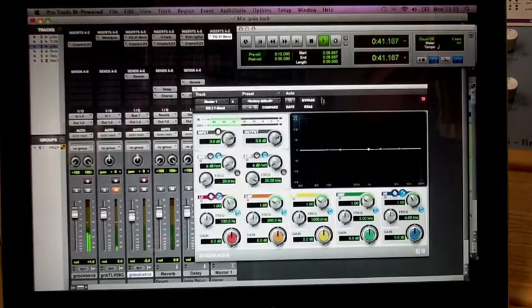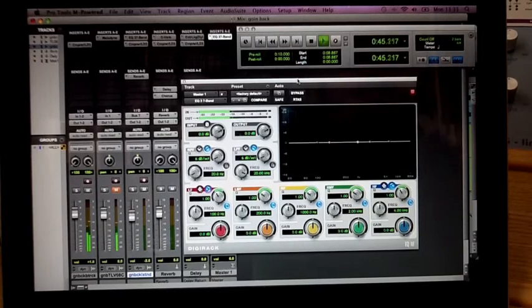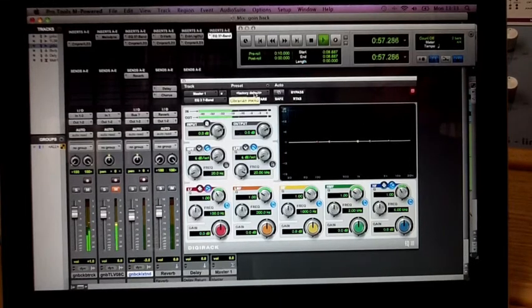I'm using a Digirack EQ, which comes free with Pro Tools, which I've used for years. I love them. They're great, they're very transparent and easy to set up. And it feels a little dull to me, so what I have is a preset that I've already put together. It's called my Master EQ preset,